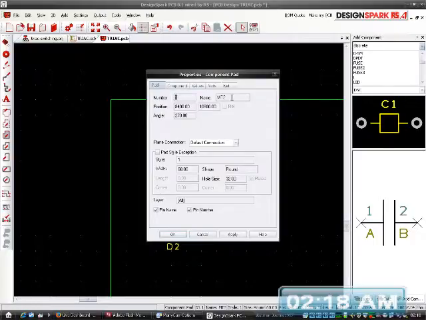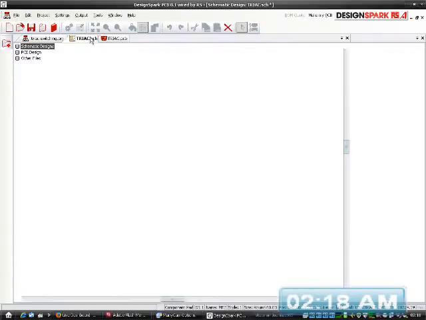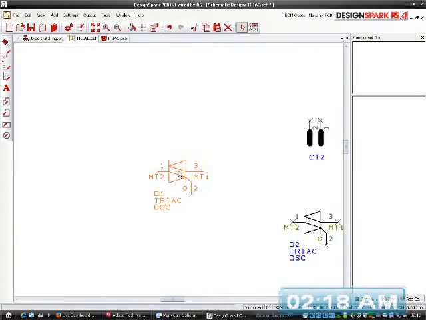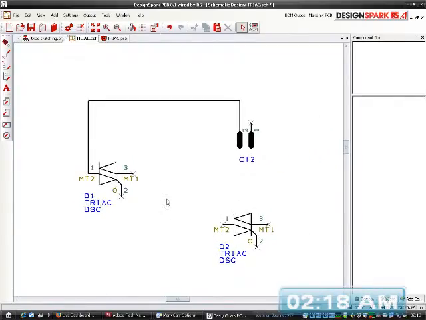Right, that's MT2. So MT2. MT2 goes to the output,